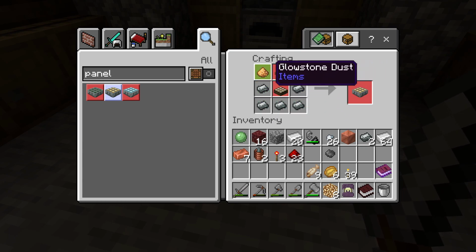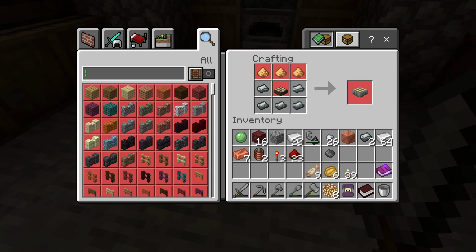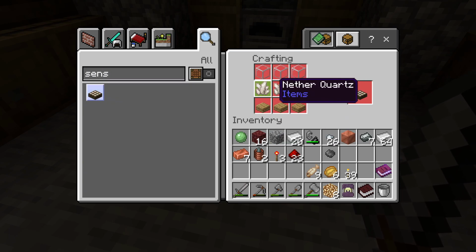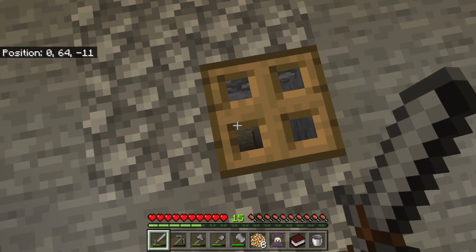We need a daylight sensor, and we need some glowstone dust. Now, what does the sensor need? Let's have a look. It's been a while. It's been a hot minute since I've made one of these, so we need some quartz. Now, I've got a feeling...